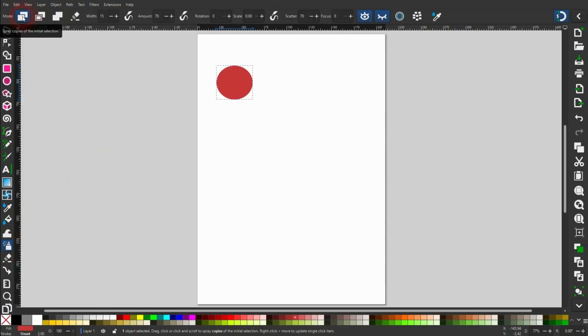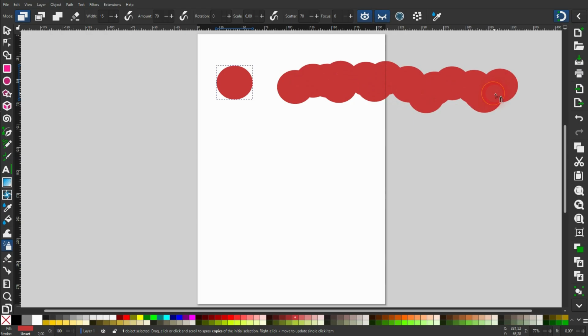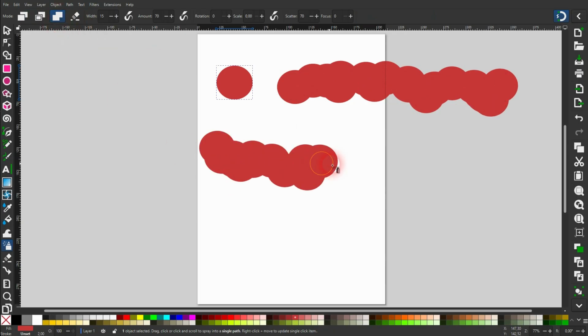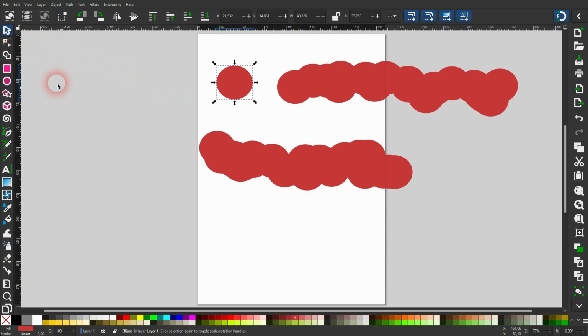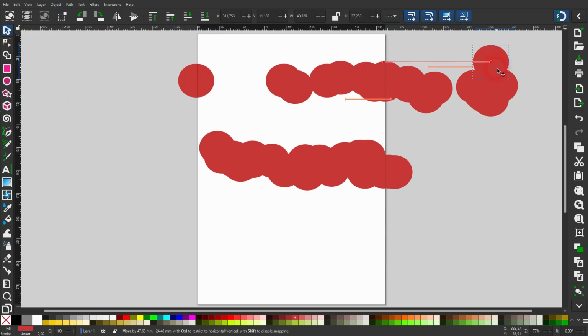The first one I've shown you already. It's just to spray copies. The second sprays clones, and the third also sprays copies. But there's a little bit of a difference. You can see the top row was created with the first mode, and the second was created with the third